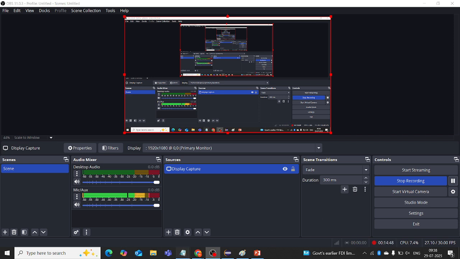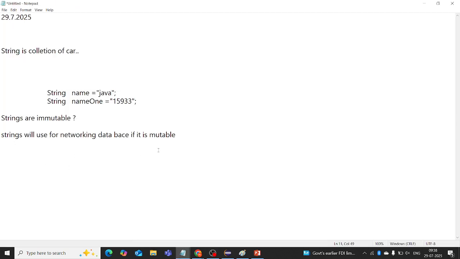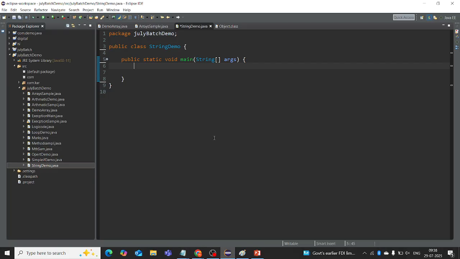Now my goal is, see here, Java is different, program is different. We couldn't add line by line, but I want to use one more theory. Then I want to add that one. For that purpose, we have